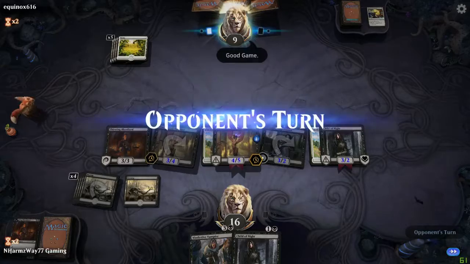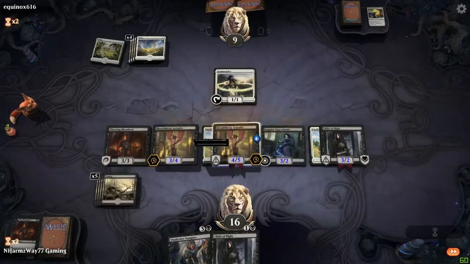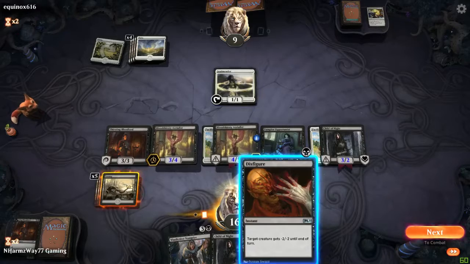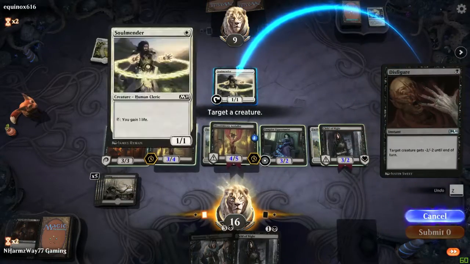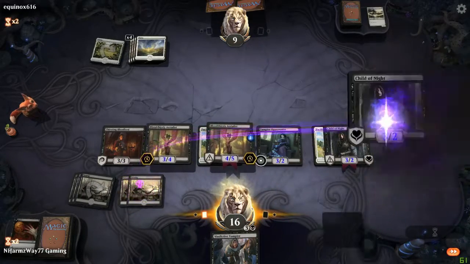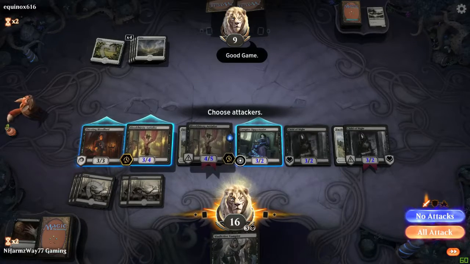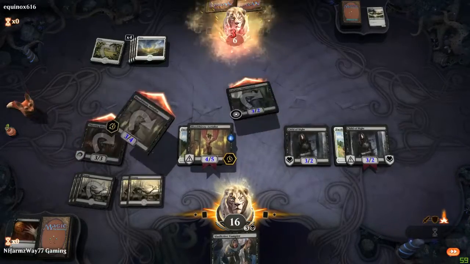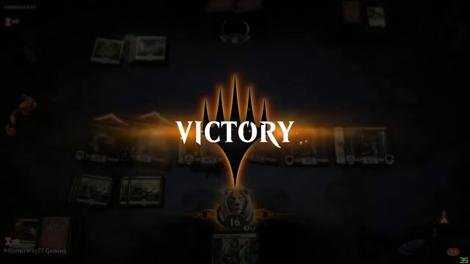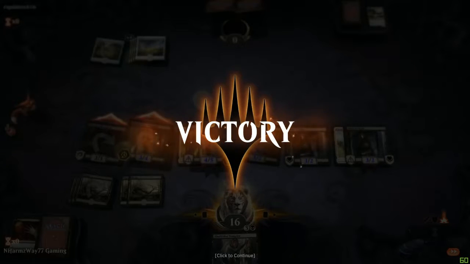And then if this Child of Night, I think I need one more swamp. That's sad. I should have put him out first. That way when he tries to kill this one, I get points for it. But I didn't need to. Could have waited, got him one more turn, just drug the game out to get that out, but